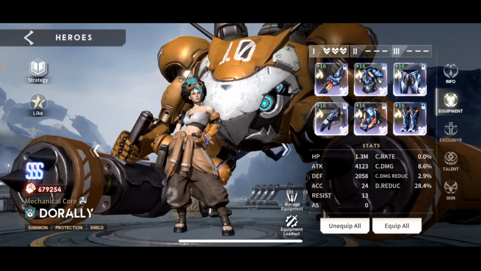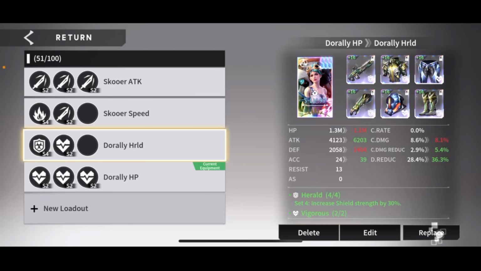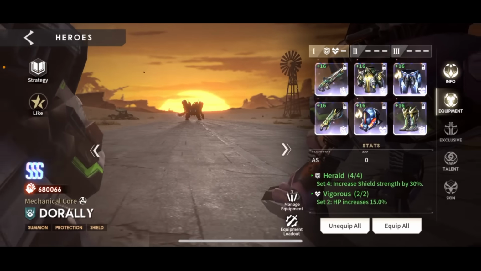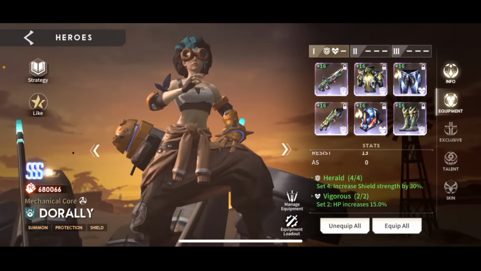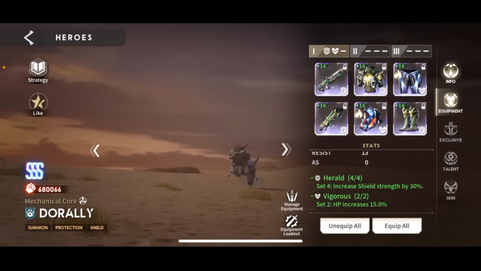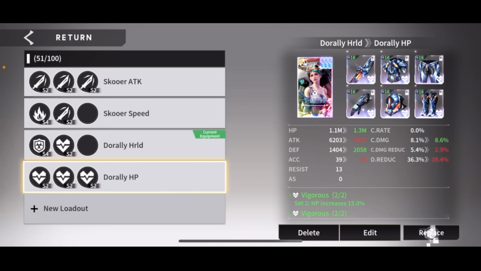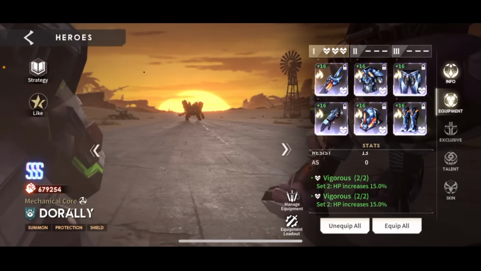Okay, gearing. There's a couple different ways you can go with gearing. So, originally, I had advocated for a Herald and Vigorous set, right? Because what does Herald do? Increases shield strength by 30%. Now, unless it's bugged, and we got to listen to that again. Unless it's bugged, Herald doesn't work. Testing has shown...